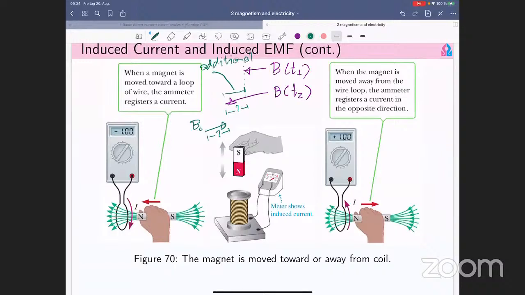I have to produce something to be against the additional amount of magnetic flux, so that the total magnetic flux still remains the same as the first stage, and that's the